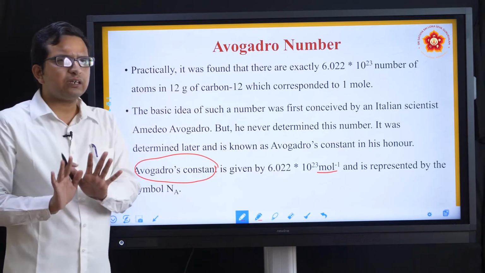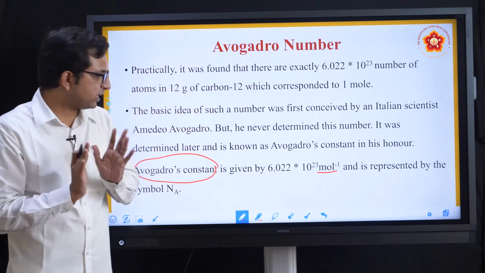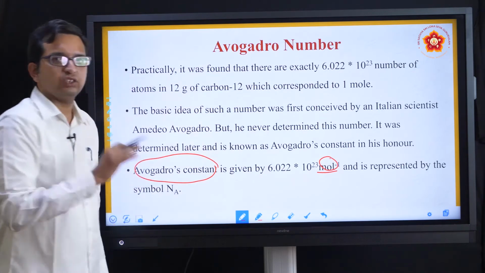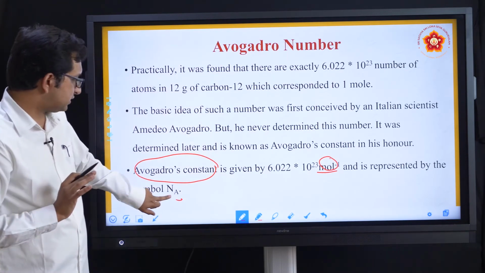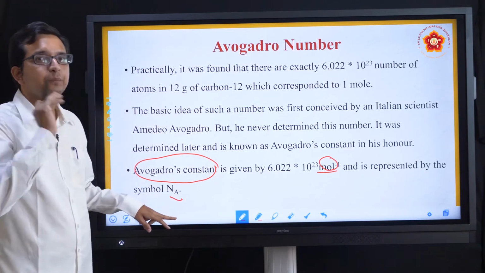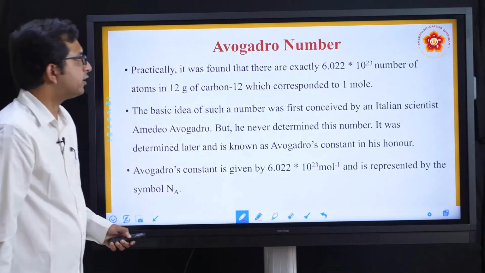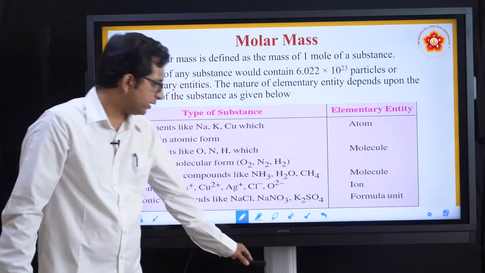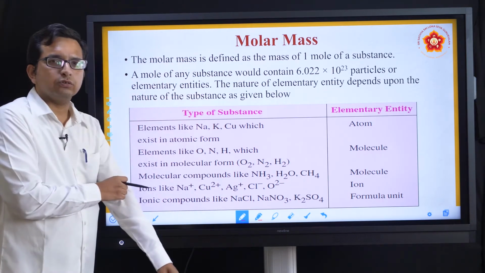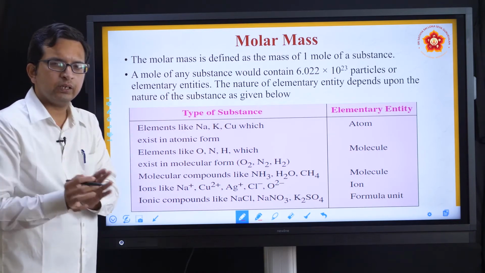But when we calculate the number of particles, that doesn't have any SI unit. Please understand this aspect very clearly because the unit is only for per molar calculations. The symbol is given as N_A, where A is nothing but the subscript. So this was about Avogadro's number, and this Avogadro number is applicable for all these types of compounds. We saw that 1 mole is equal to 6.022 × 10^23,